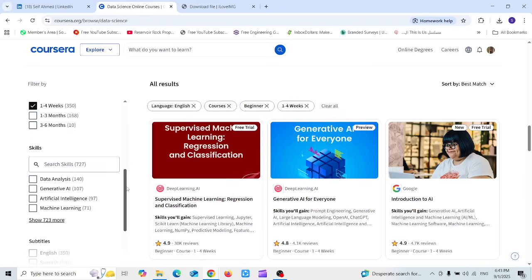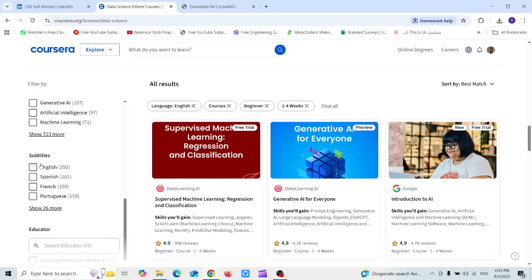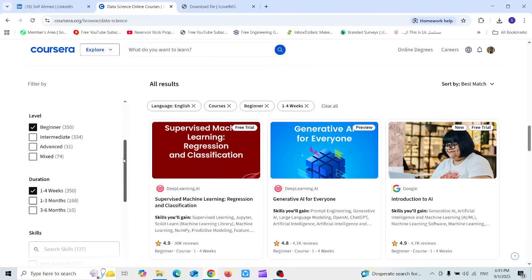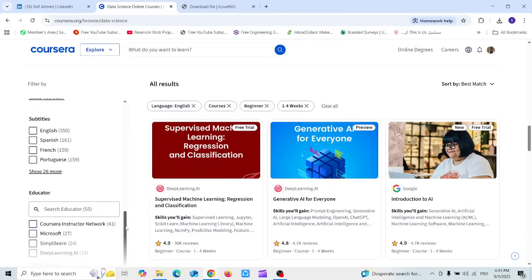Then I'm going to choose the skills as all. I want all these skills. Then the subtitles, I'm going to pick English subtitles, but all the results are 350, so this is not going to filter anything. Then the educator, choose one of these if you want. However, if you are not seeking a specific educator, you can just leave it as it is and choose one